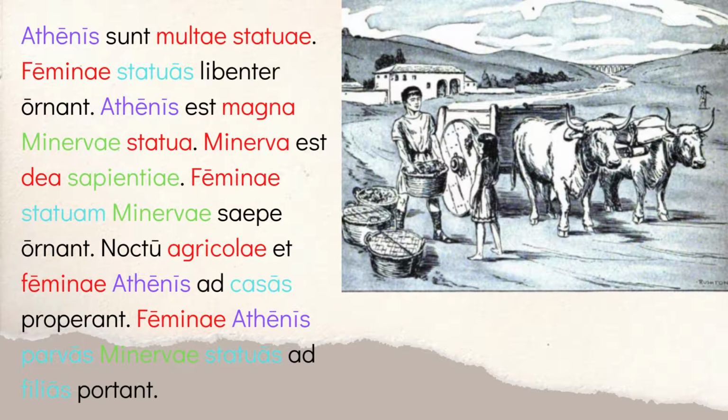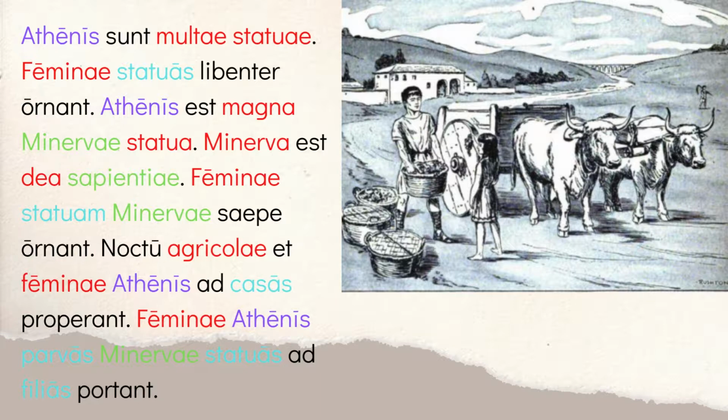And if you're confused, because we just said it could show they're either in Athens or from Athens, when this happens, and I explain this in my textbook, you have to let the context guide you. If they're hastening ad casas, to their houses, they don't live in the city. You can tell by the context you'd hasten away from something, right? It wouldn't be into, or else it wouldn't be ablative. But you're not saying they're hastening inside Athens. They're hastening from Athens. The context is really guiding you to this idea that they're leaving the city of Athens and they're going back ad casas to their cottages, okay?